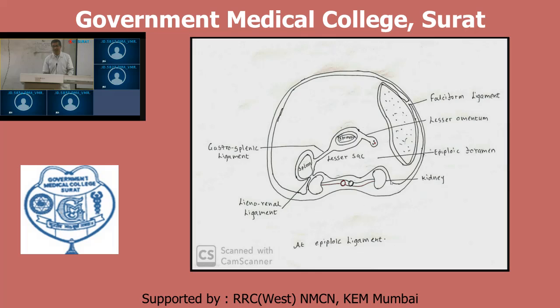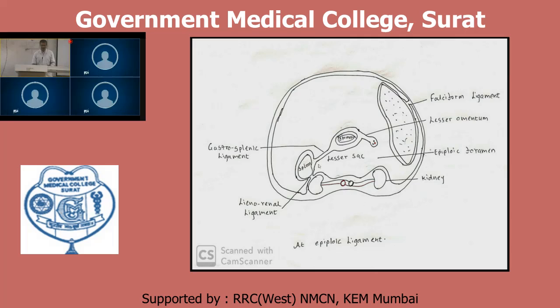But which layer? Anterior layer of lieno-renal ligament. This is difference. We will trace which structure will form posterior layer of lieno-renal ligament. This is forming anterior layer of lieno-renal ligament. From here, it is reflected to spleen. From spleen, it will get reflected to this greater curvature of stomach, and it will form posterior layer of gastrosplenic ligament. After covering posterior inferior aspect of stomach, it will form posterior layer of this lesser omentum. Now, after reflection, it will form anterior layer of lesser omentum.